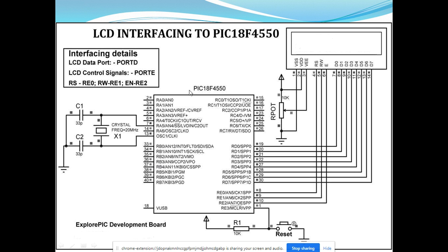The same connection is available on the board, and we can make the connection through an FRC cable. The 10 pin FRC connector you can use for connecting these data port and control port. So a 10 pin FRC connector is available in the lab that you can use for making the connection on the board for interfacing LCD 16 by 2 with the PIC microcontroller.